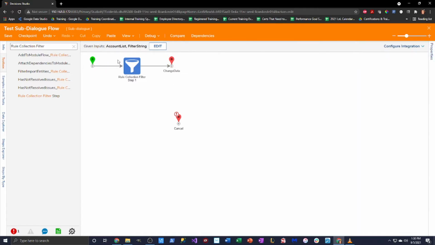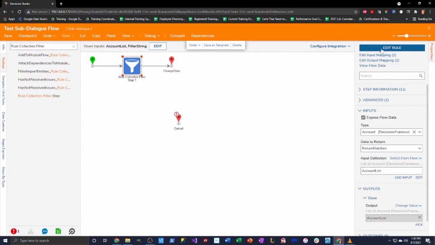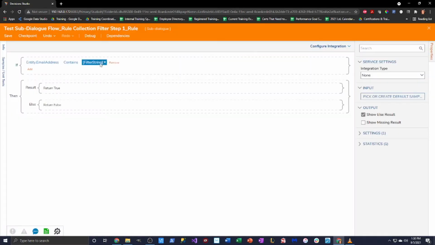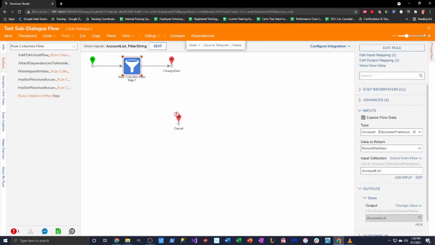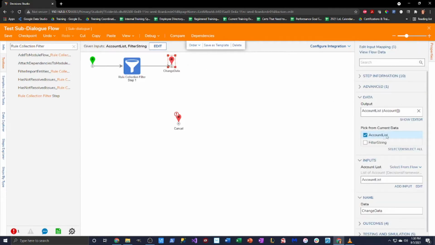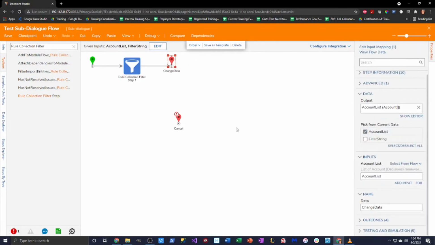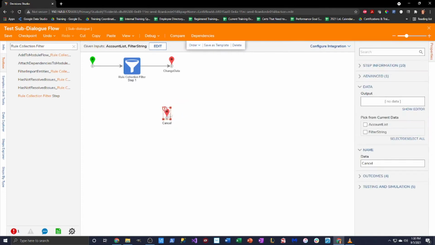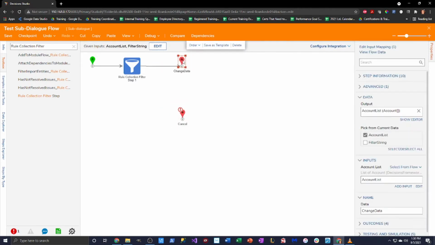So what's happening is it takes this list, and this rule here filters it by the filter string, and then outputs the filter string and changes the data of accounts list. So that's what's going to happen. I have a cancel here. I can use that. So what you'll see here is when I configure a form,